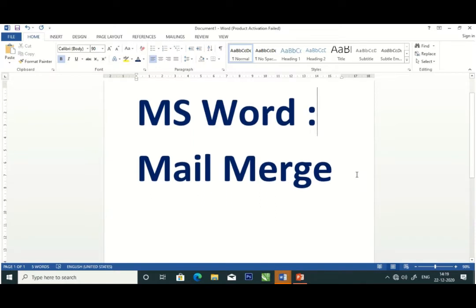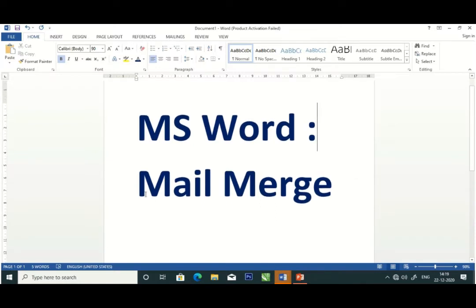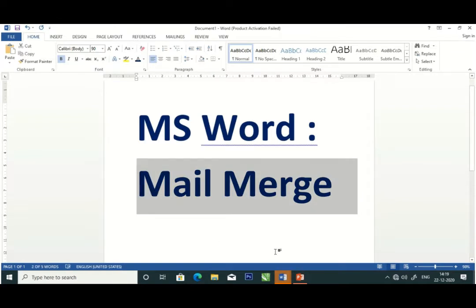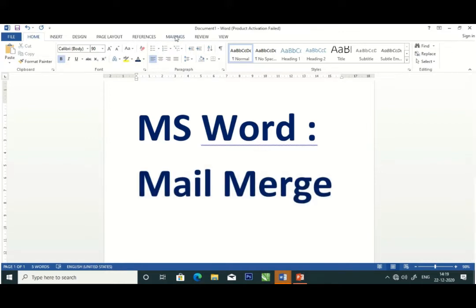Mail merge. Mail merge is a useful tool which enables the user to create documents like letters, emails, and faxes that are essentially the same but contain unique elements such as recipient's name, address, contact number, city and state. It helps the user to create a document for multiple recipients more easily by just selecting recipient names and choosing the document.